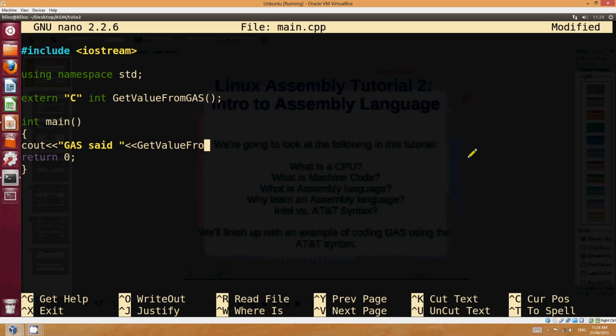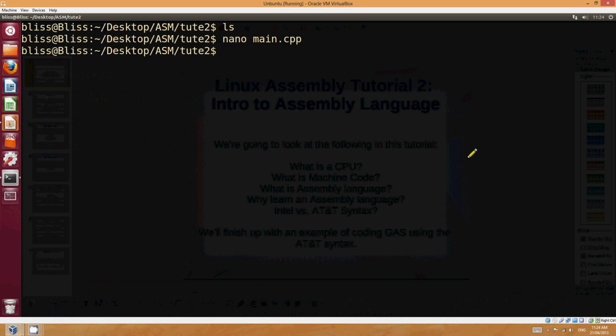Get value from gas. End all. Okay, so that's my C++ front end. All we're going to do is call a native assembly function called get value from gas, and then we're going to exit. So if I just hit Control O to save that and Control X to get out of there,